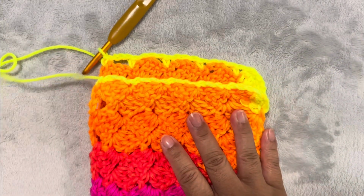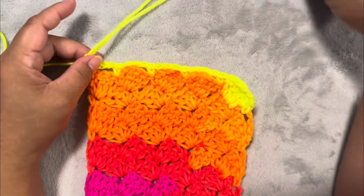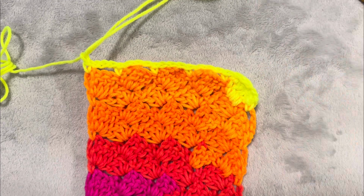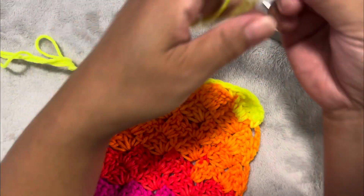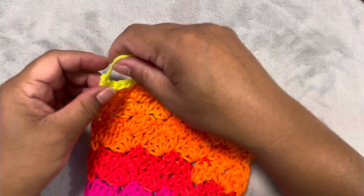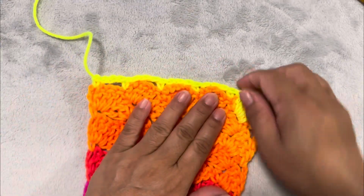All right, so we can lock our work here. Cut the yarn. I have to look for my scissor again. Okay, cut the yarn, and make sure that you have extra length when you're cutting your yarn so that you have enough yarn to do the weaving or hiding the tails. Okay,